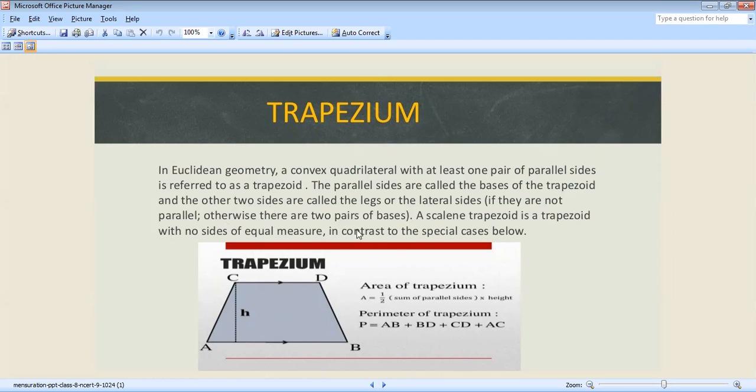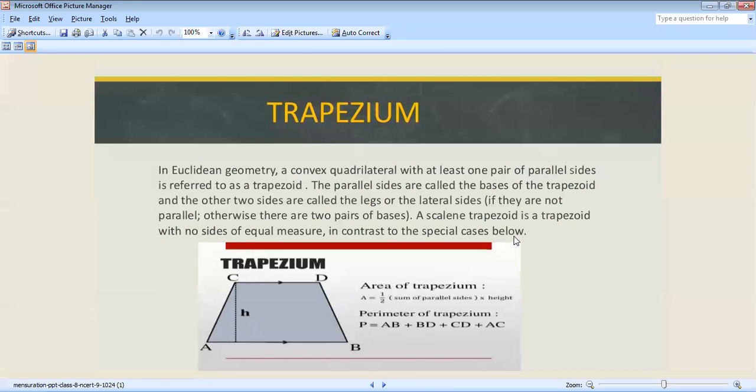Otherwise, there are two pairs of bases. A scalene trapezoid is a trapezoid with no sides of equal measure, in contrast to the special cases below. See here in the trapezoid,